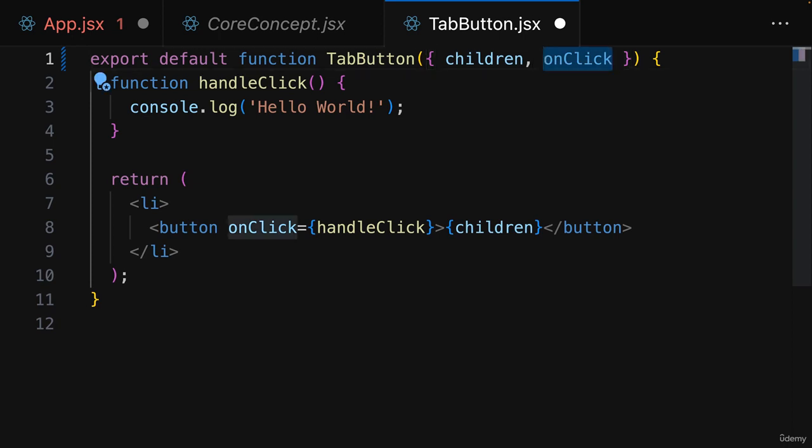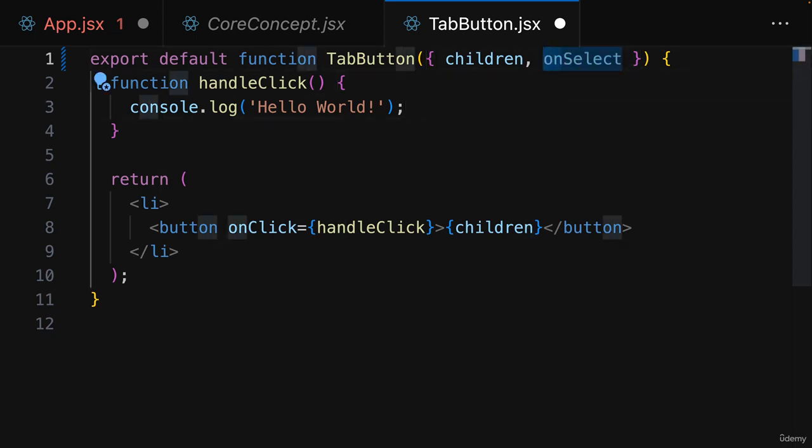All other props on your own custom components can be named whatever you want, and therefore we could wait for a prop called onClick here, but we could also name it just click or maybe onSelect or anything like this. And here, to make it clear that this name is up to you, I'll name it onSelect,